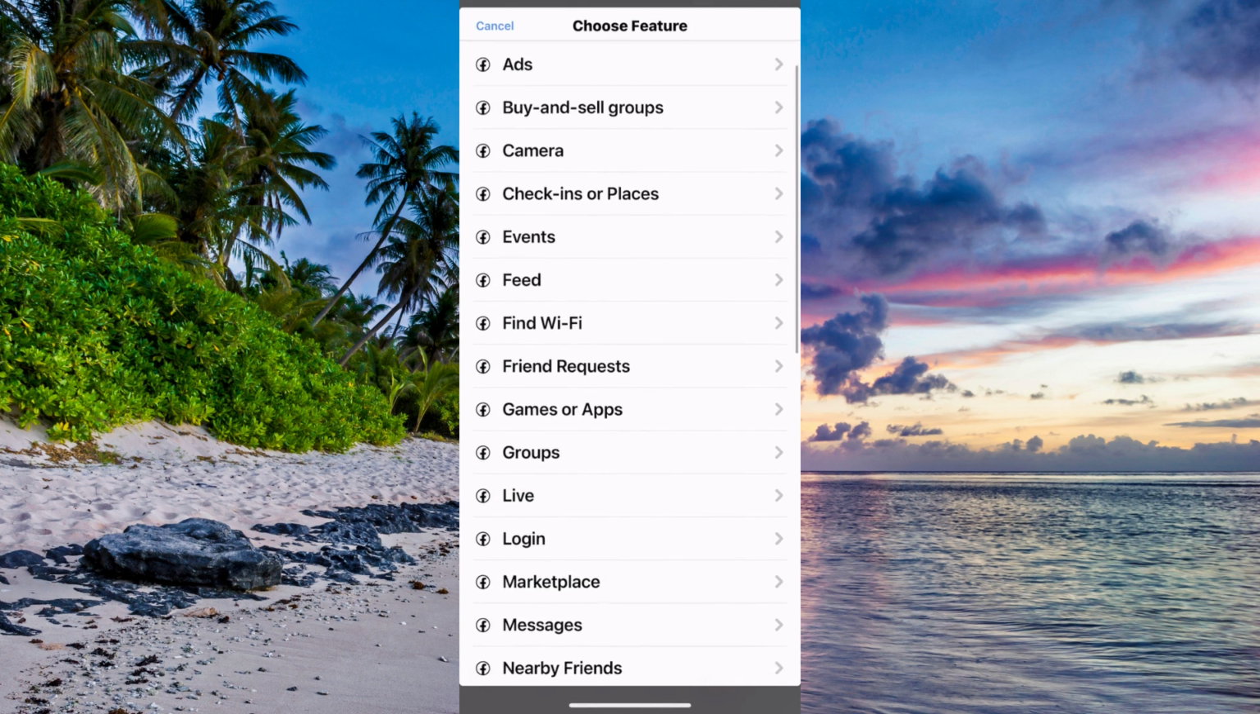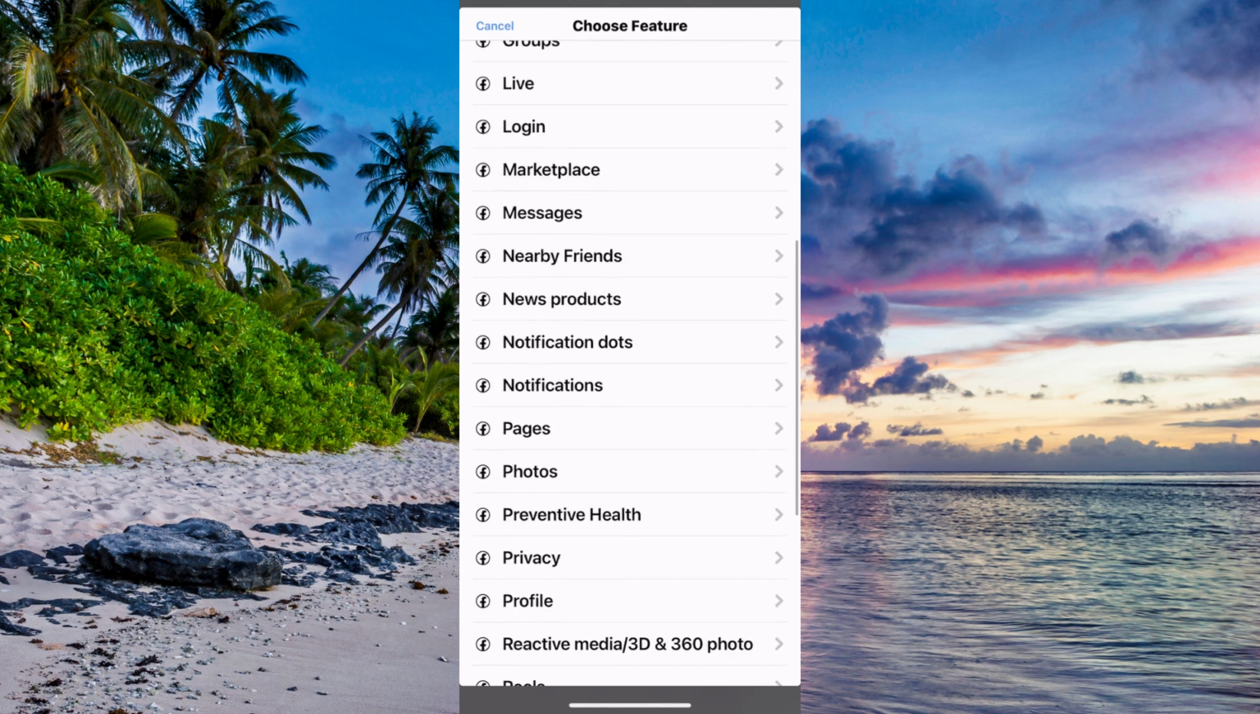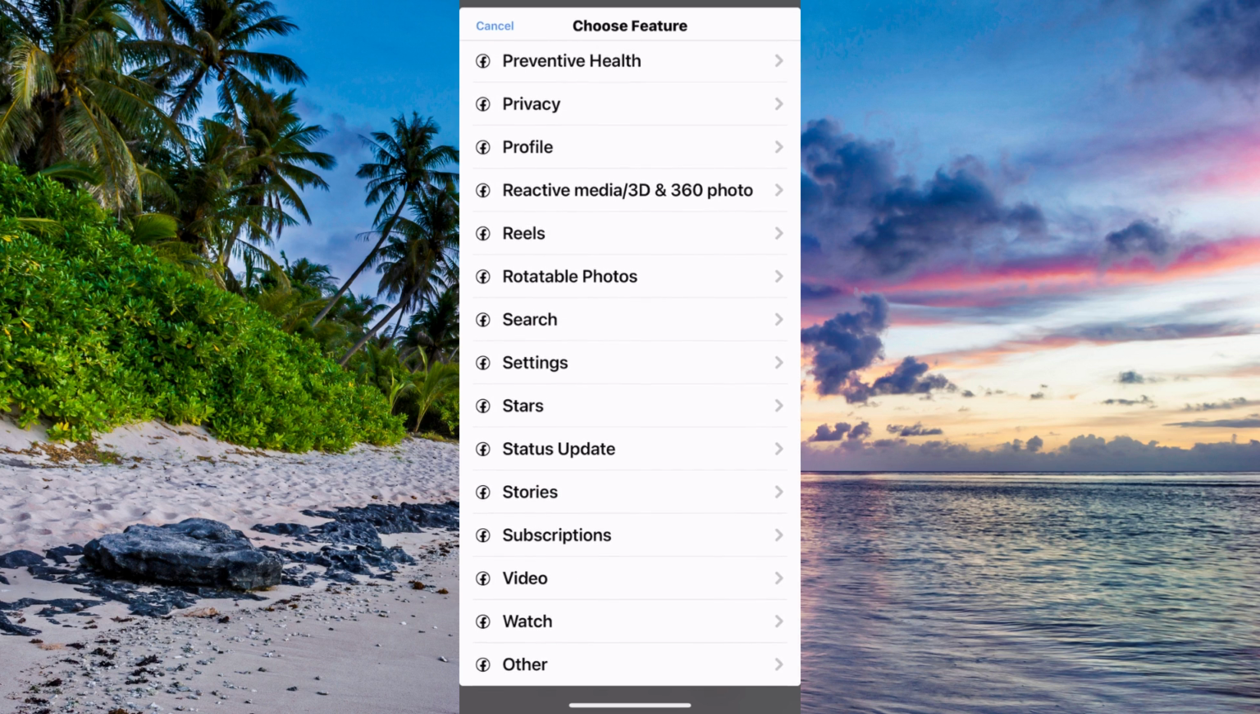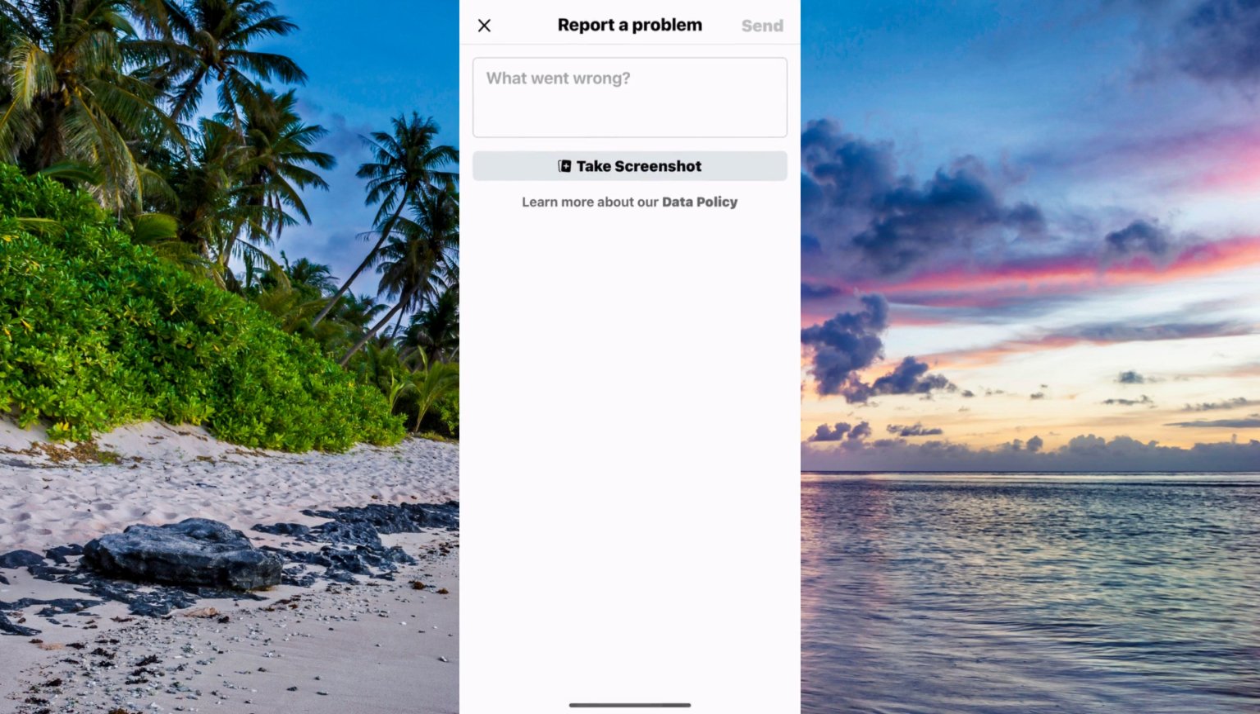As you can see, what I'm going to do in here is to just scroll all the way down until I can see where it says other, and that is exactly where you need to click. So click on other. Now perfectly, as you can see, you should now be taken to this page right here. And the reason why you need to be taken to this page is because in here you will be able to contact the Facebook customer support directly, and that is exactly why we need to do this, because we need